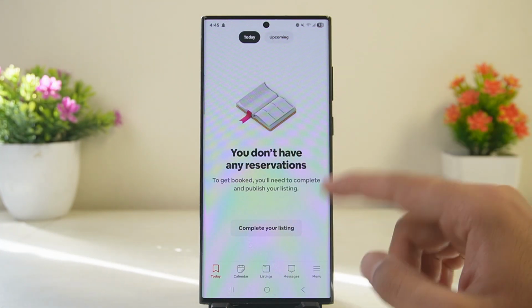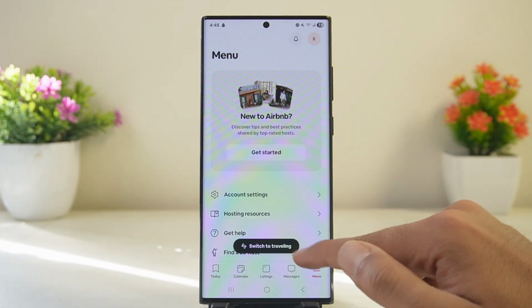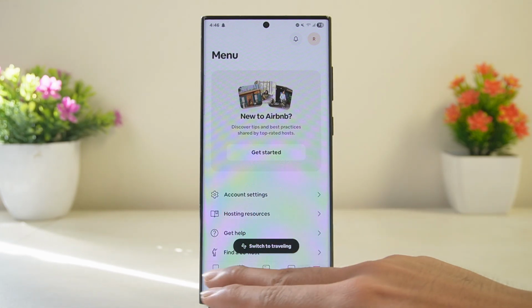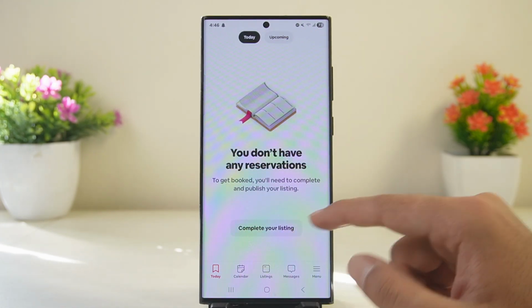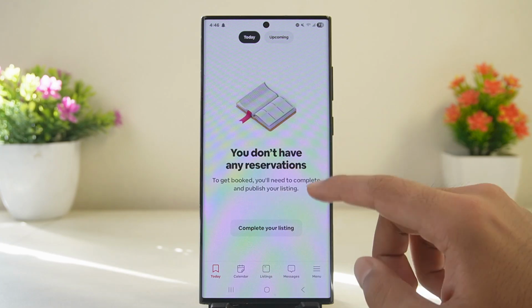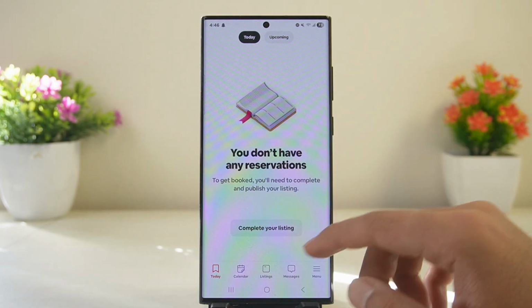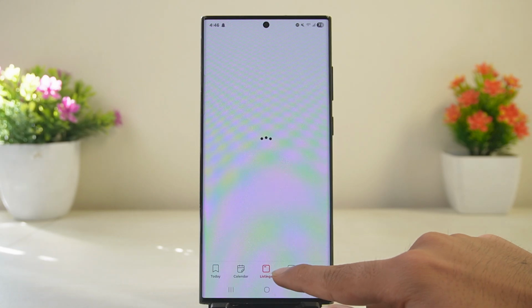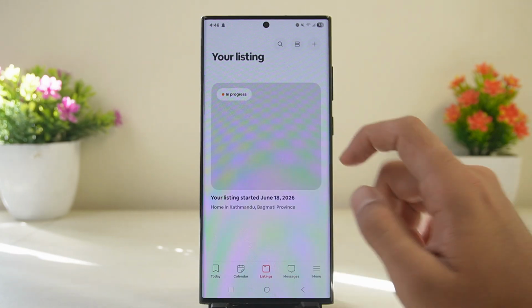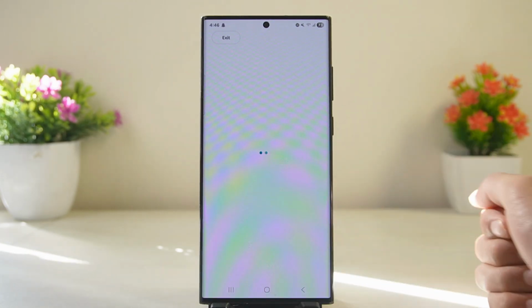From here, you have to switch your account from the guest account to the host account. Now, once your account is changed, you simply have to proceed to log into your account. Then you will find the listings option over here. All you have to do is go ahead and tap on this plus icon on the top right corner of